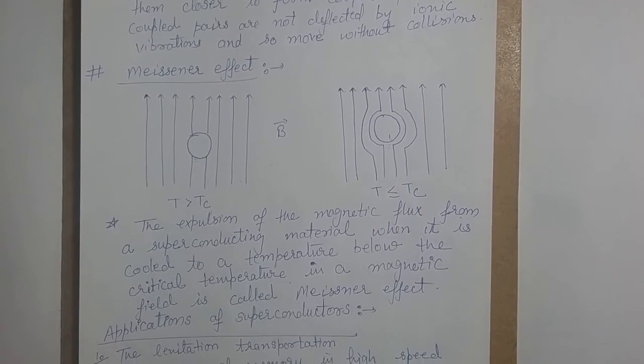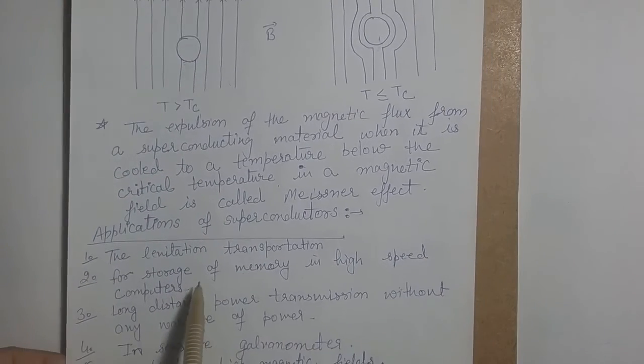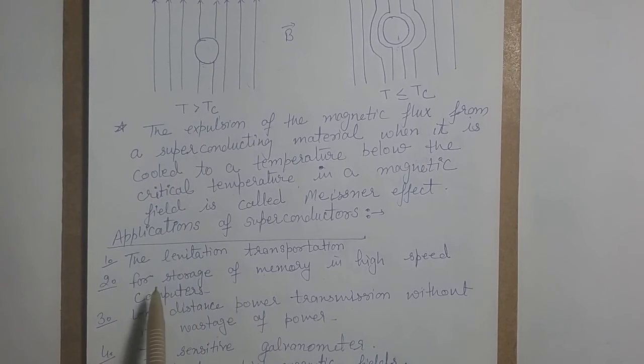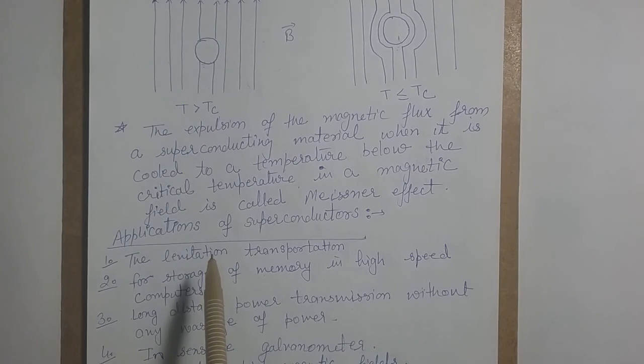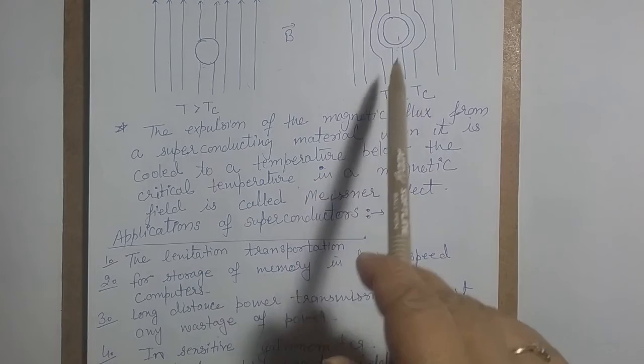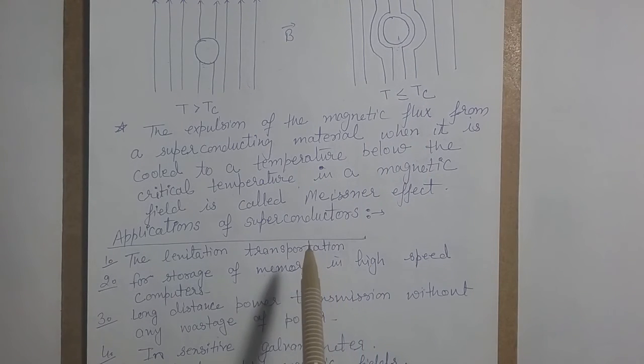Now, what are the various applications of superconductors? In levitation transport, levitating trains, you are aware that in Japan especially and some other countries, we have levitating trains. In those, the train is floating over the track of the rail, and they acquire very high speed because of that repulsion. So this is the conductor and this is the magnetic field. The magnetic field provides the lift to those trains, and that is the levitation, floating over that particular track.